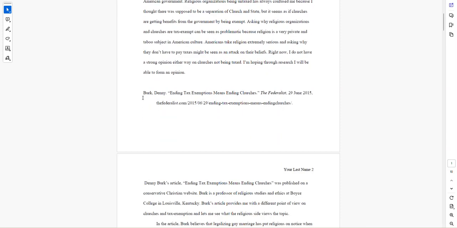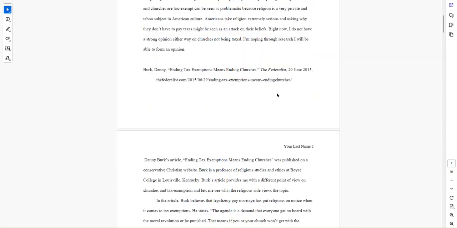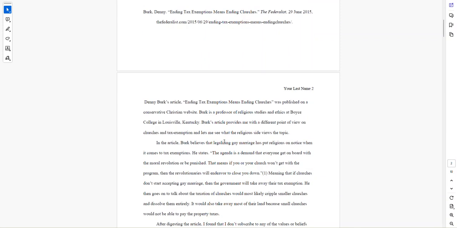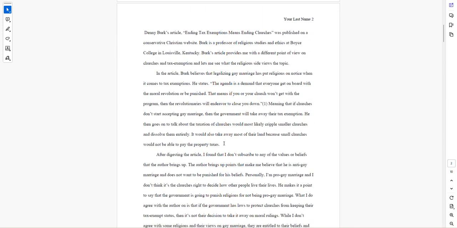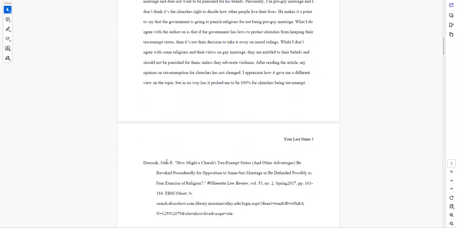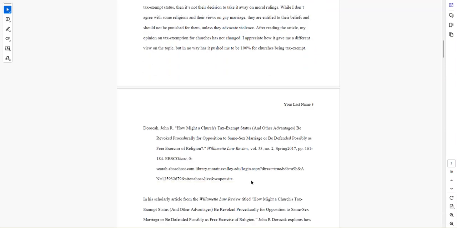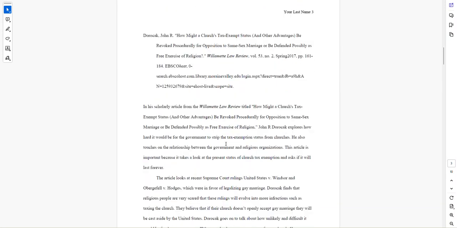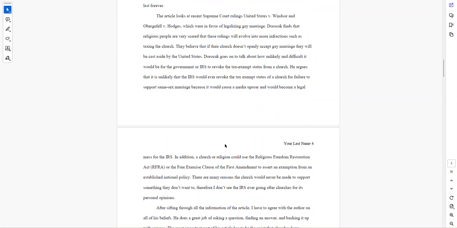Introduction, you have a citation that's got a hanging indent. First part of the annotation, second part of the annotation, third part of the annotation here that's required. On to the next citation, database, hanging indent, okay? And once again, 1, 2, and 3 parts.